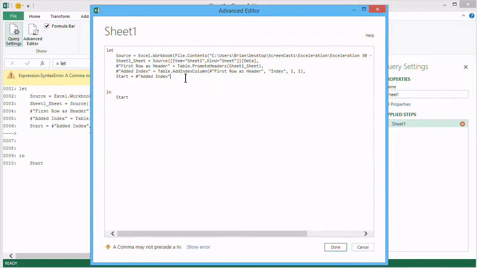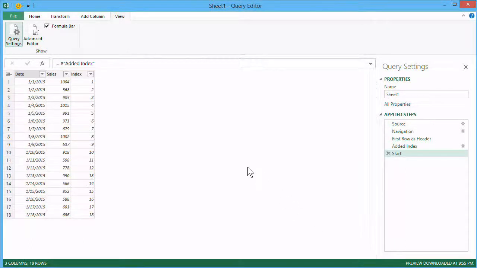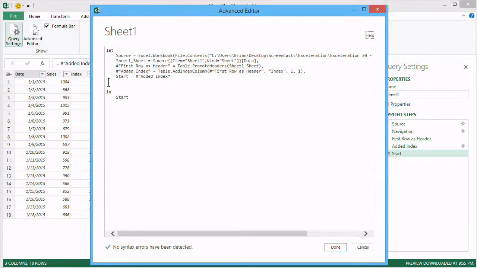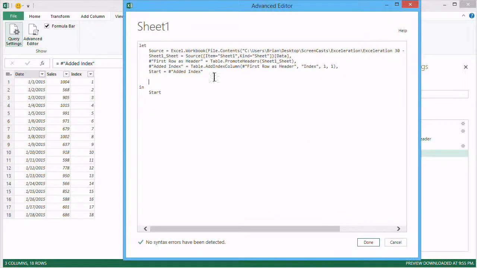Oh, I need to remove this comma. Done. Okay, so this added index table and the start table are identical. I've just done it because start is easier to write and a little bit easier to read in formulas. Okay, so now that we've got essentially our starting table, the first thing we're going to do is extract the